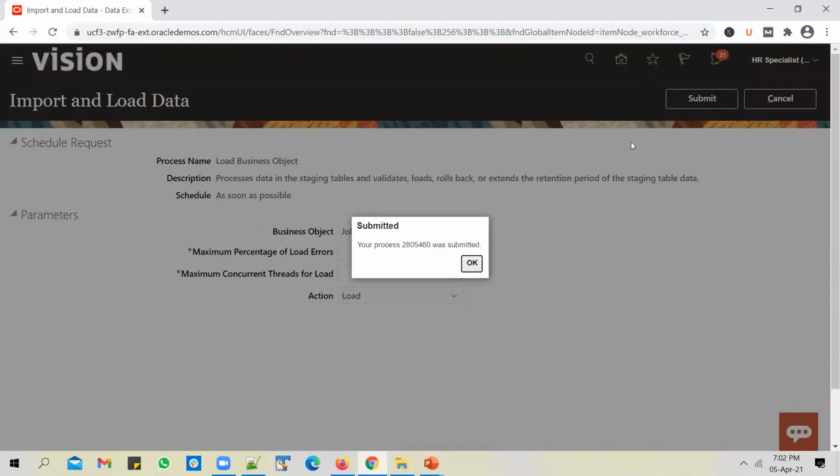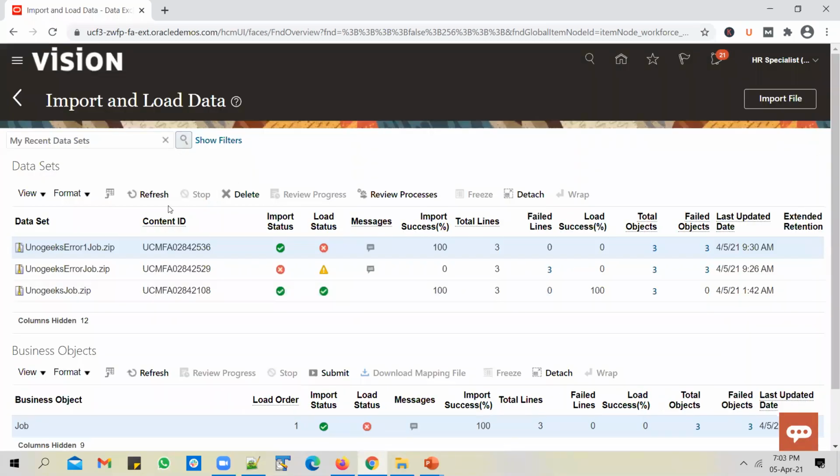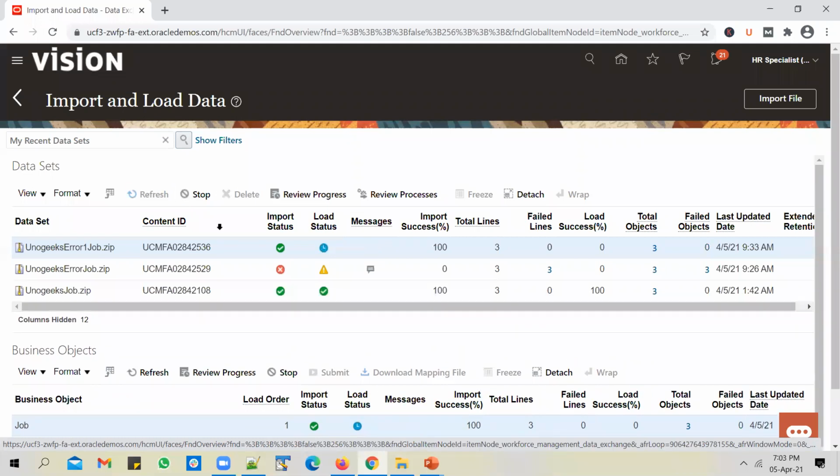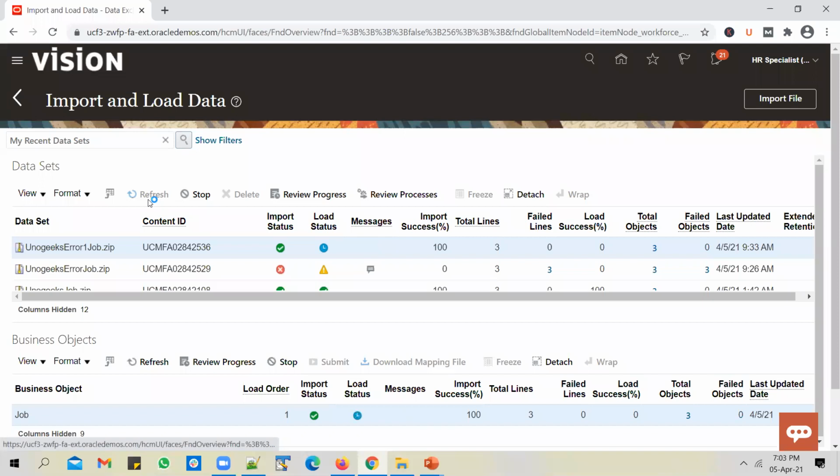Process has been submitted. You could see that load is running at the moment. And you could still see messages getting populated because there are two records which are still in error state.